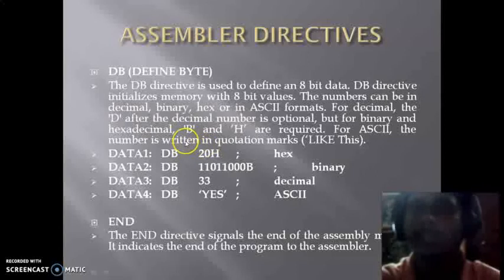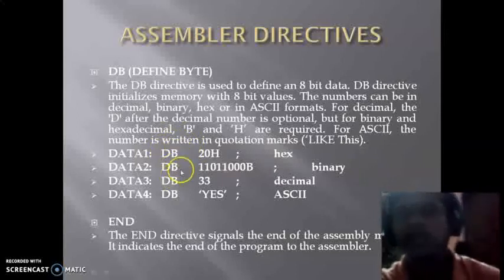In case of hexadecimal we have to use H, and in case of binary we have to use B to specify the particular data. For example, DATA1: DB 20H is hexadecimal data. We can define a byte by using DB.